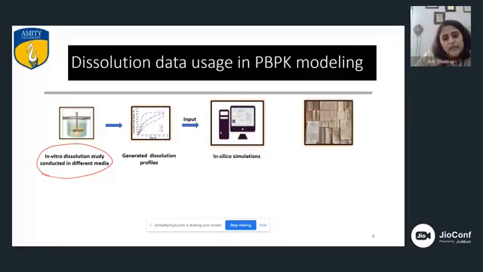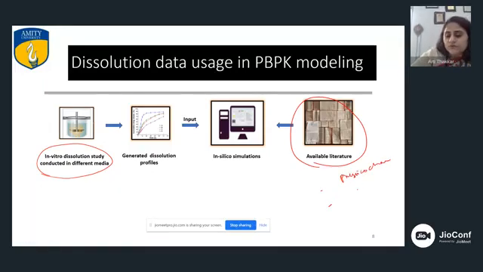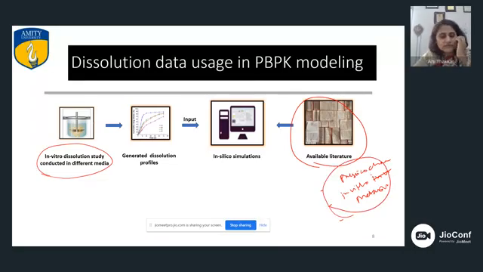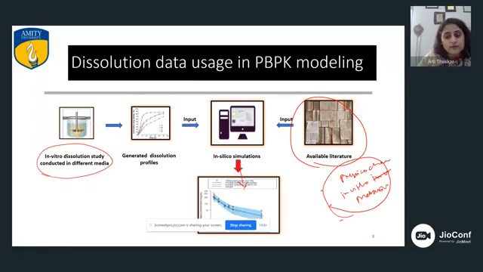And then you can have available literature. So we are talking over here, available literature is of course the physicochemical properties of a drug. Okay, sorry for my bad handwriting. We are talking over here about in vitro, in vivo, and in vitro measured data, like metabolism data. You can put that data in, whatever literature you have in terms of drug properties, as I mentioned earlier, and based on that you can run the simulation, and it would give you a predicted